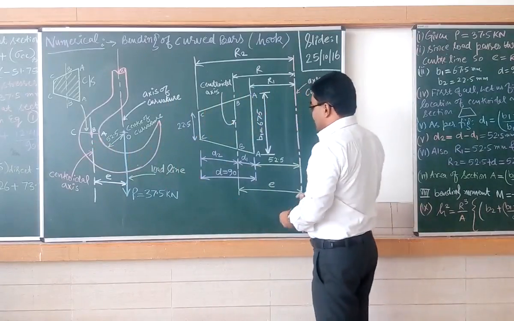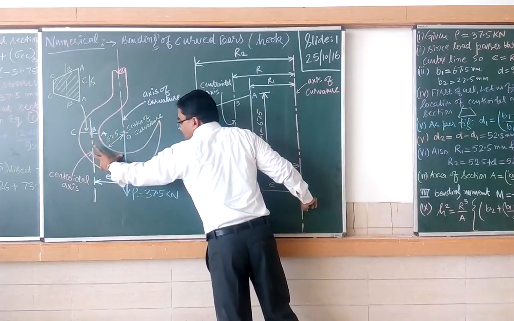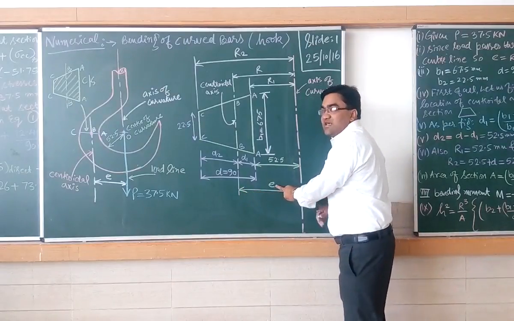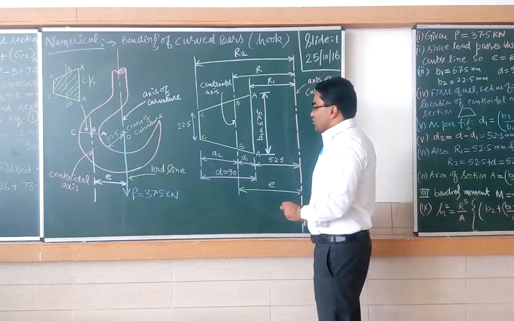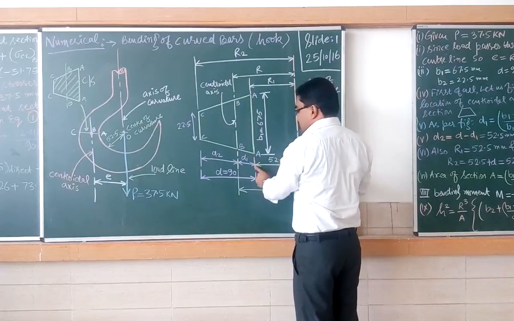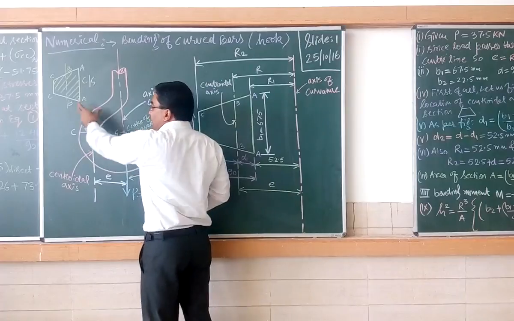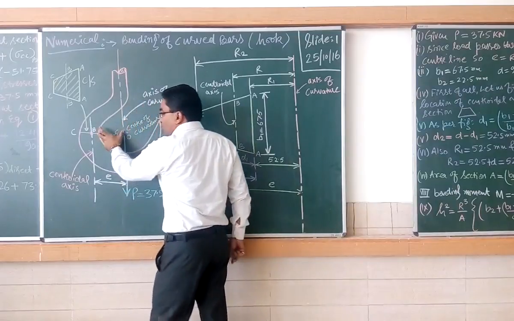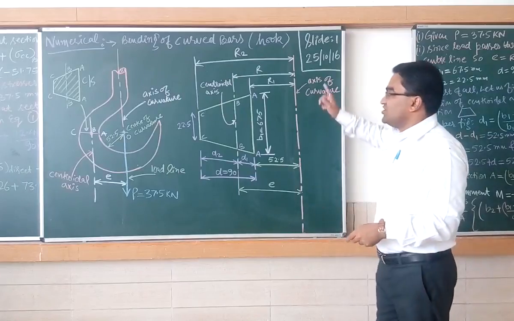Now, from this figure, this is the line of the load. From the line of the load to the centroidal axis, the distance is known as e, the eccentricity. Point number 2, this is 52.5. This is R1. R1 is the distance from the center of curvature to the innermost fiber of your cross section, from B to O. Yes or no? Yes. Similarly, from C to O, this is your R2.